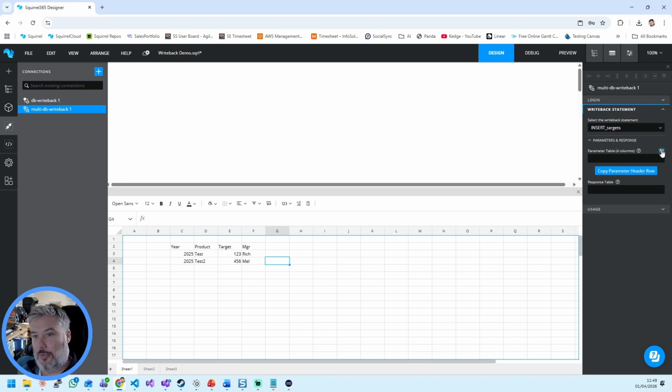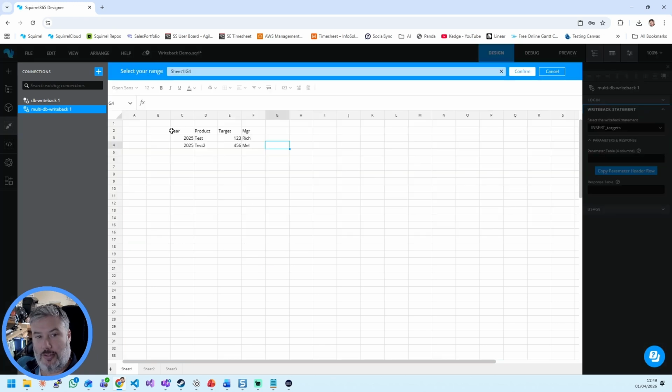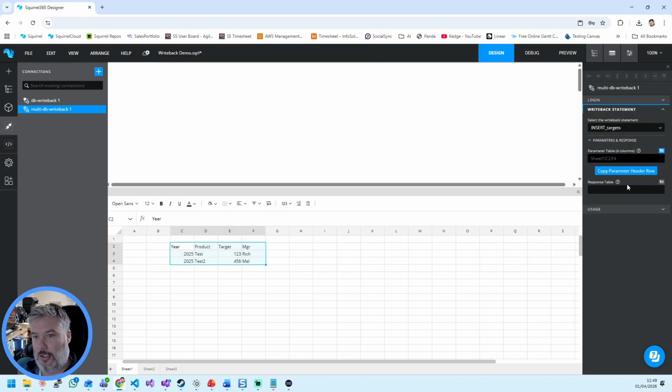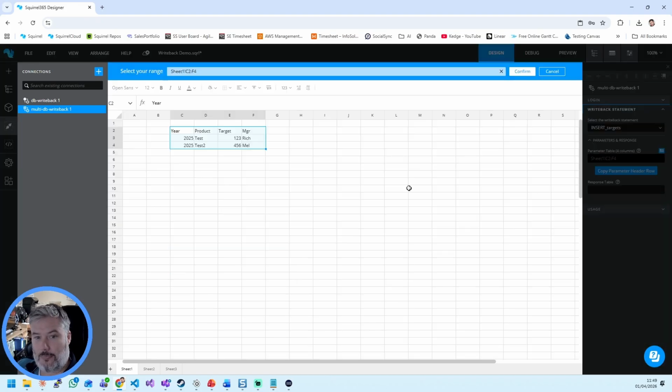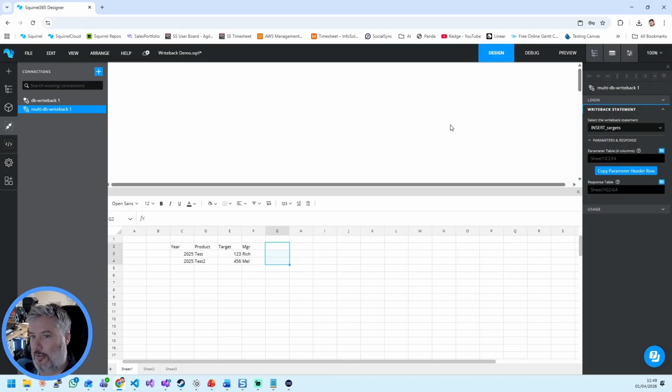And what we can do now is we can select that whole block of table, including the column headers, because this is, as I said, what marries up the parameter name with the parameter value. And then the response table will go through and insert those behind the scenes one by one into the database table for you, but it'll also send back a response that will tell you whether the insertion was successful or not. So if I click on that, and then I can bind to a block of data here, and that will then tell me how many rows it inserted, whether there are any successes and failures and those sorts of things. I'm not going to run it through now because it's not a very exciting demo, but